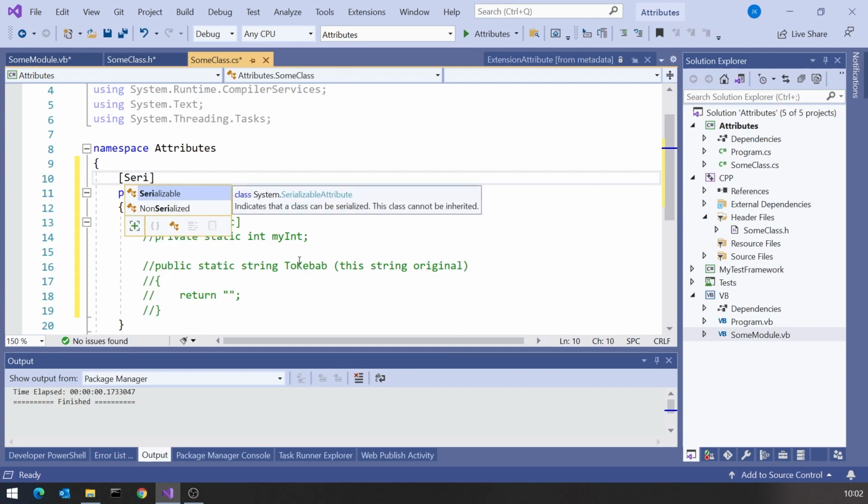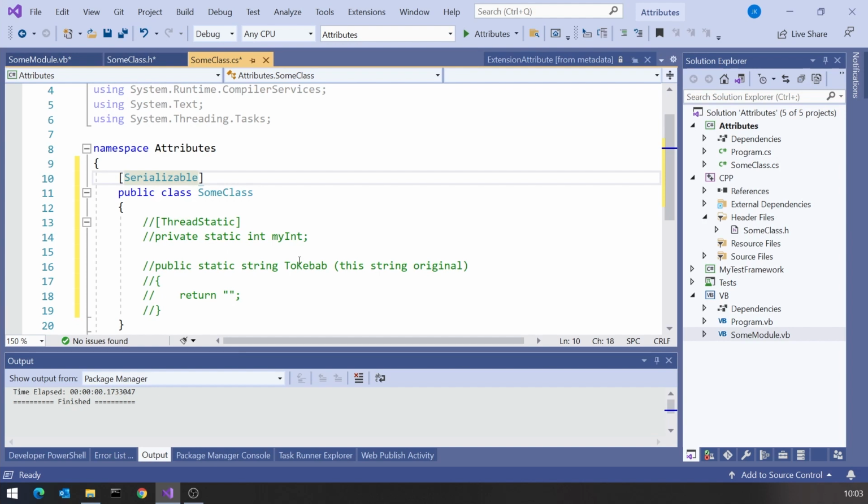So that's a couple of examples of situations where we've got attributes. We can see in those cases, they were attributes that were understood by the compiler, but the compiler is only one of the tools that is allowed to interpret attributes. They can also be understood by the runtime system or by third-party libraries, by code we write for ourselves. Another example, and I think this was probably the first example I ever saw, was actually Serializable. So we put Serializable on a class if we want the serialization system to be able to store it in a file or send it to a stream or something like that.